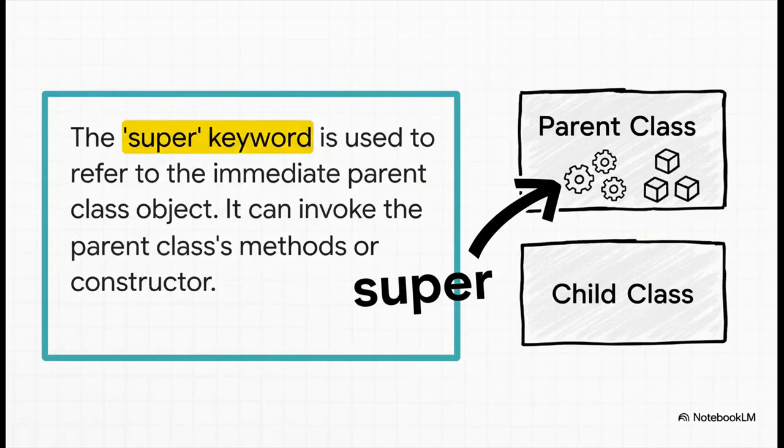So that begs the question, right? How does the child class talk back to its parent? What if it needs to use one of the parent's methods or its constructor? Well, it uses another special keyword, super. This is super useful, no pun intended, when you want to add to what the parent does instead of just